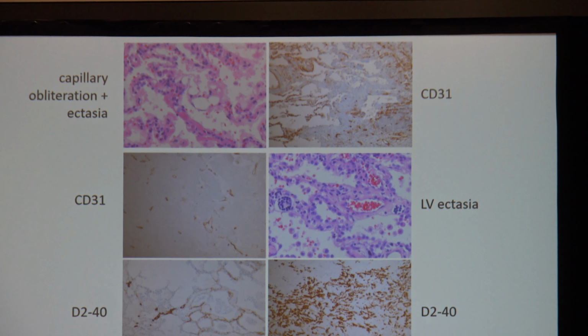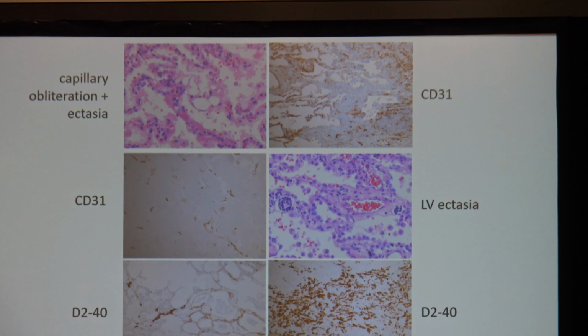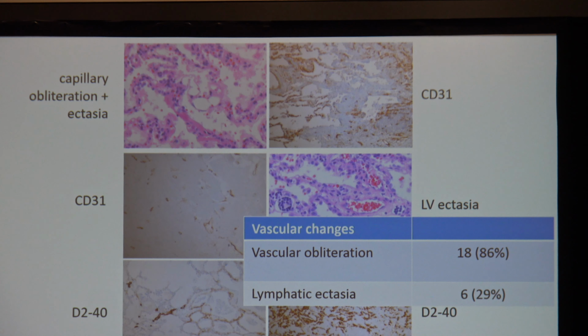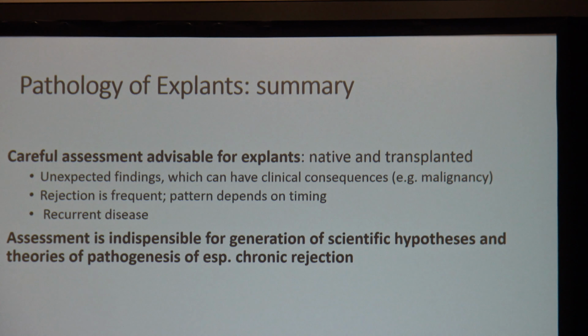Some additional associated features which he highlighted were the loss of alveolar septal capillaries, which you can see here highlighted by the CD31 stain, some ectasia of the lymphatics within the lung, also highlighted by the D2-40. And those are some things that had not been particularly called out previously. So explants are a valid source of tissue and should be reviewed for unexpected findings and used to form hypotheses about what's going on in